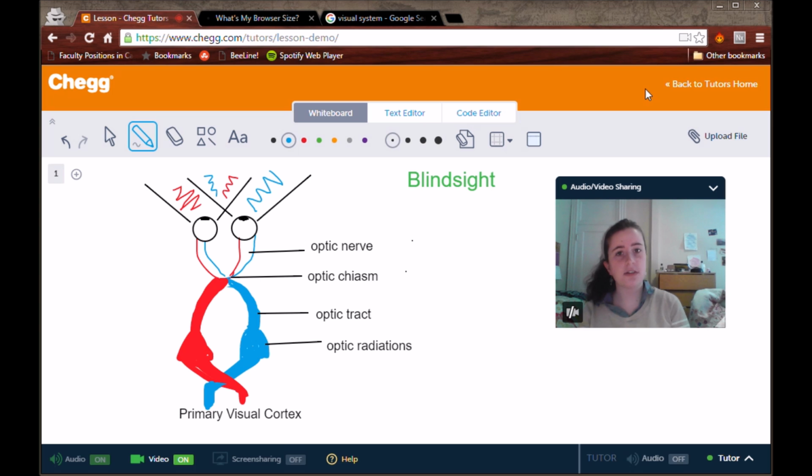I typically tutor science, some math, English, and Spanish, and today we are going to be talking about a neuroscience topic or a psychology topic, depending on your opinion, and that is blindsight. So when we're talking about blindsight, the first thing that we need to cover are the basics of the visual